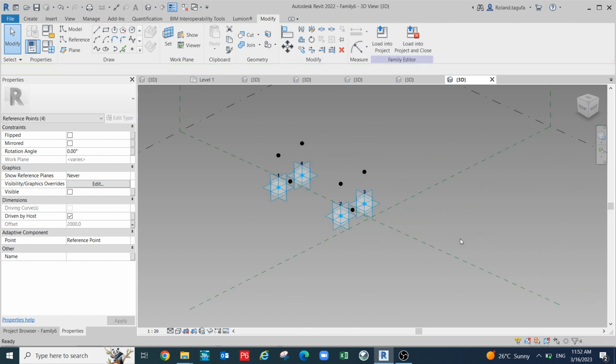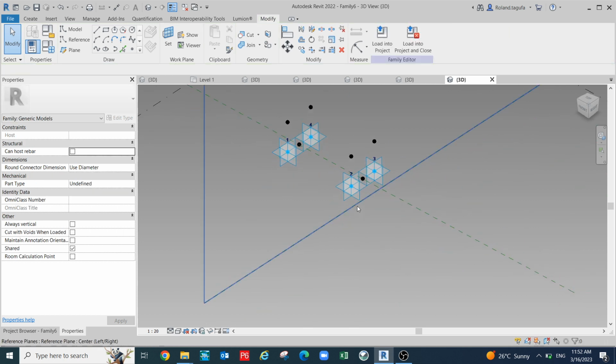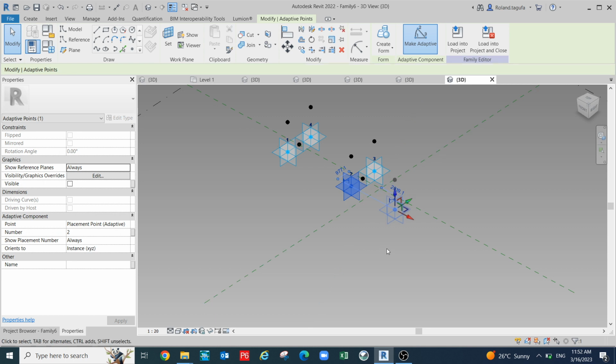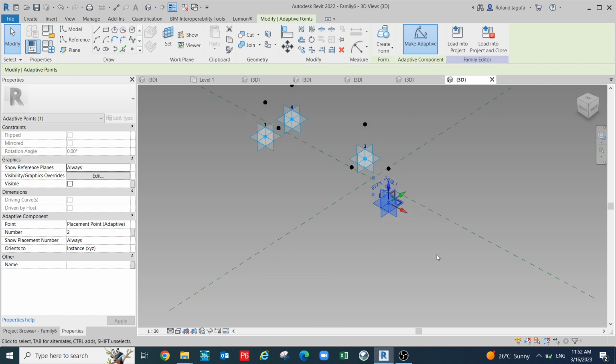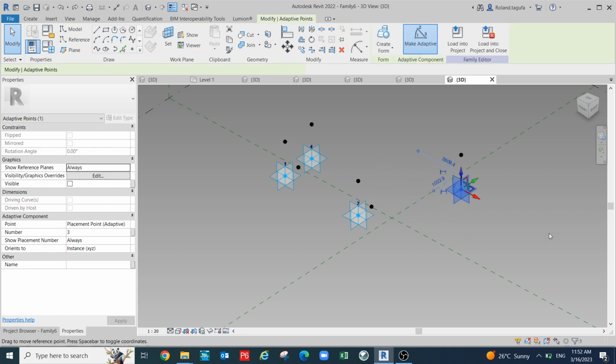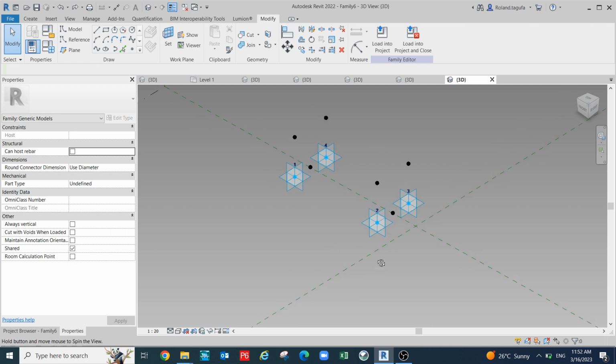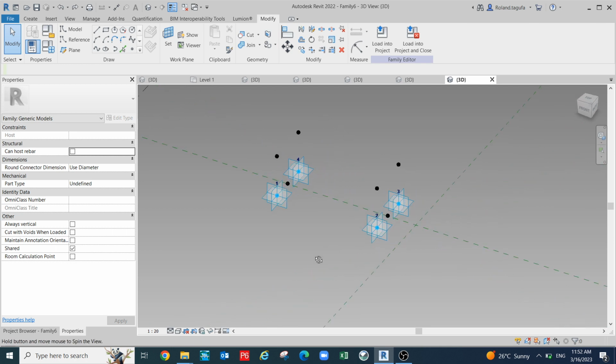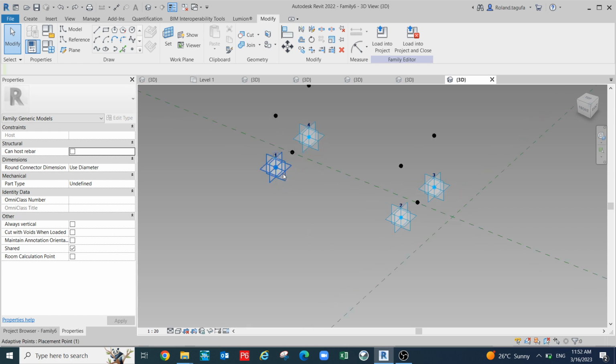Now up. Now let's check. I'll drag it, it goes together. Okay, I drag it, it goes together. Undo. Okay, and then we need to make